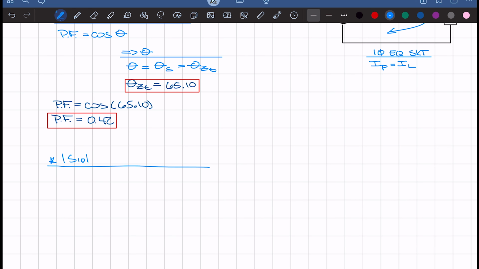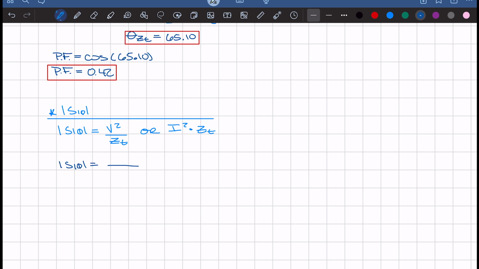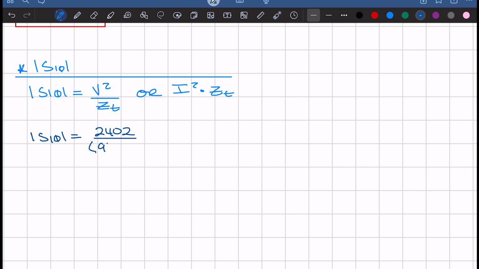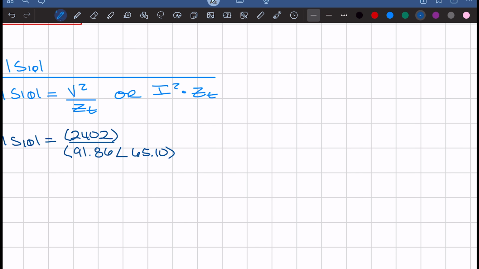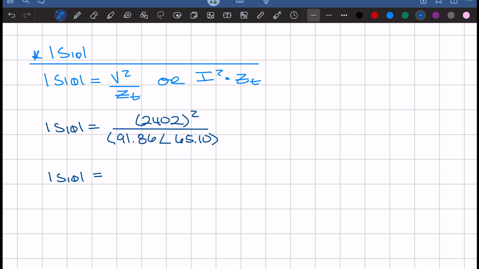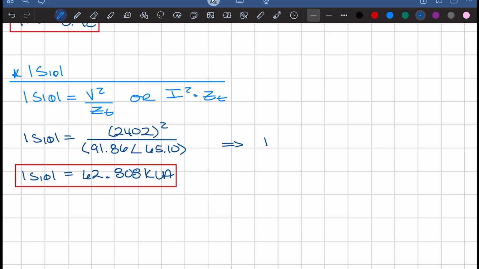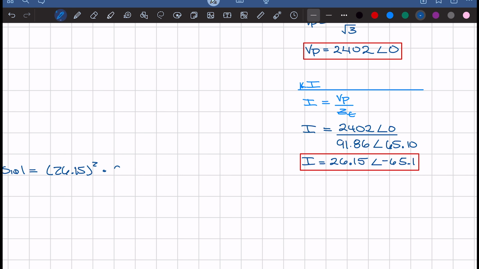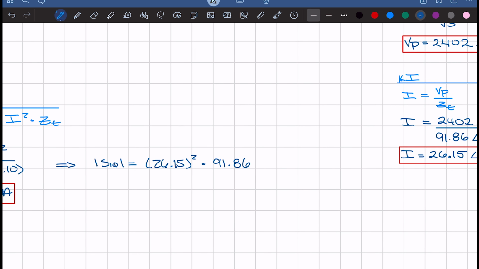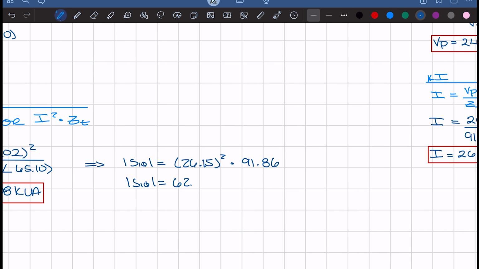So now we're going to move on to solving single phase apparent power. Single phase apparent power is V squared over Z, or I squared times ZT. So the apparent power single phase is 2402 squared over 91.86 at an angle of 65.10 degrees. This gives us the apparent power is equal to 62.808 kVA. Solving apparent power single phase using the I squared Z method, we have apparent power is equal to 26.15 squared times 91.86. This gives us a single phase apparent power of the same,